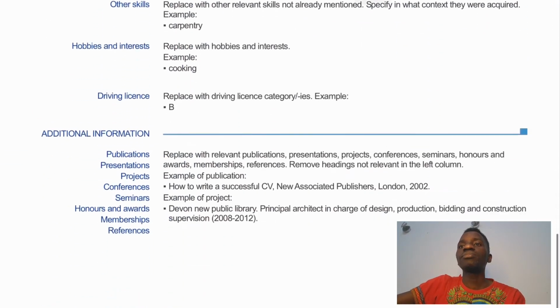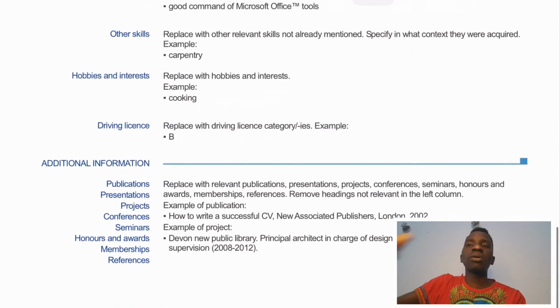That's it. Then you come to another part about hobbies and interests. What are your hobbies? What are your interests? Or how do we say it? Extracurricular activities which you do afterward, something which you do most with your time, or outside of your main activities. What are the other activities you do? If you like reading books, watching movies, or you like playing golf, playing football, running, it can be